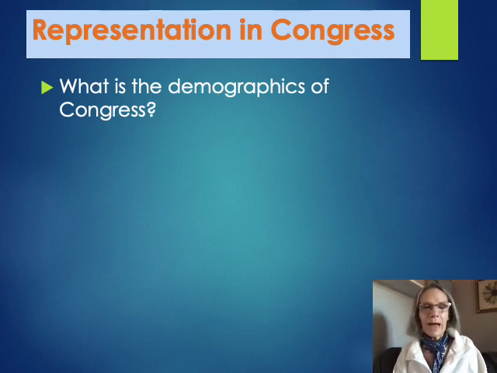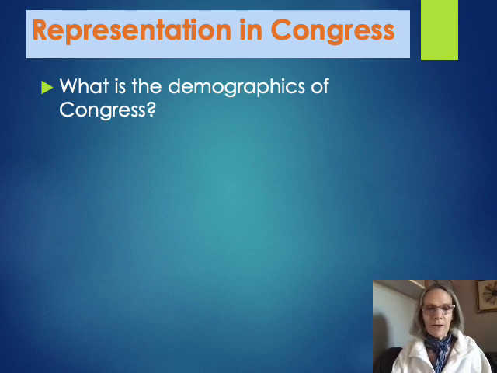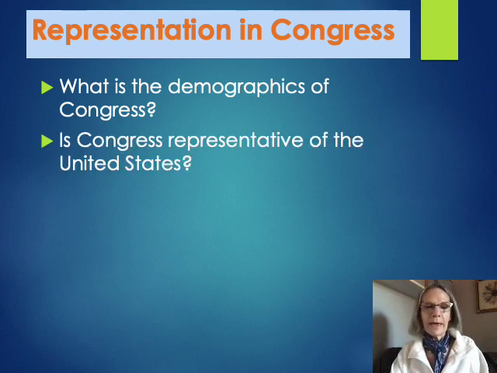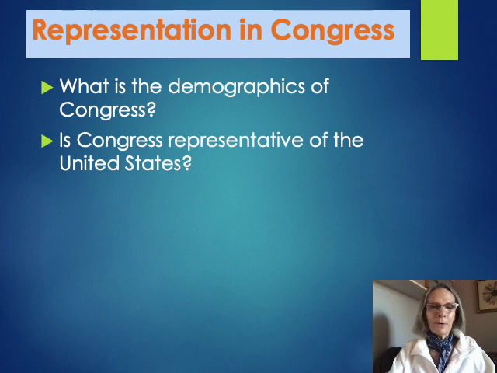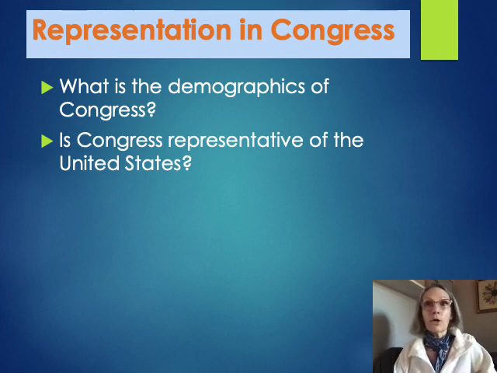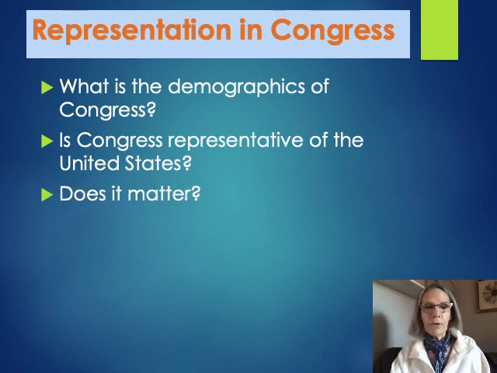There are lots of ways that we can think about the demographics or the social markers within the United States Congress. And one thing we want to keep in mind, since Congress is supposed to represent the people of the United States, is to ask ourselves: is Congress representative of the people that it's actually representing? In other words, does the United States Congress demographically look like the general population of the United States? As we're going to see, it is not demographically representative. And I've got a graph to take a look at that in a moment.